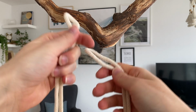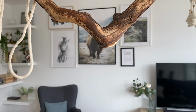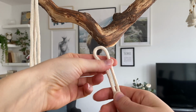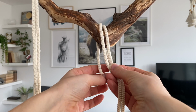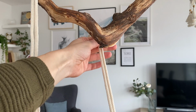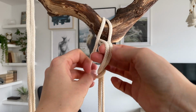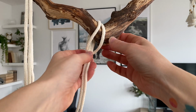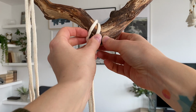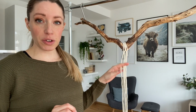So to start, I've got 2 of the cords, and I'll be putting them on with the reverse lark's head knot. So instead of going like this over it and then through the loop, you take it to the back, and that's where then you pull it through the loop. So I put the 2 cords up, and before I start the braid, I wanted to point out one important thing,